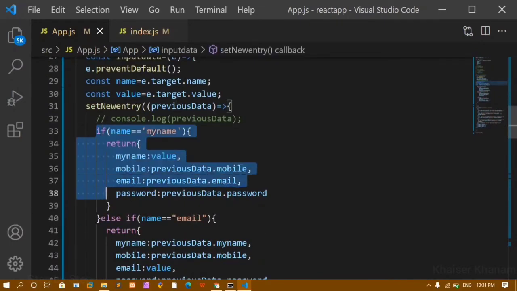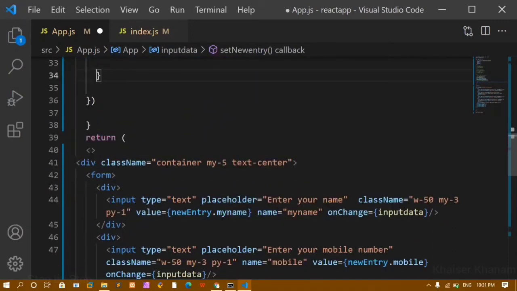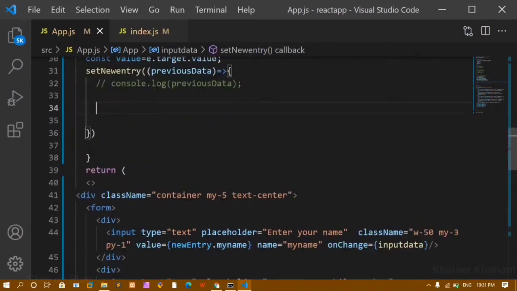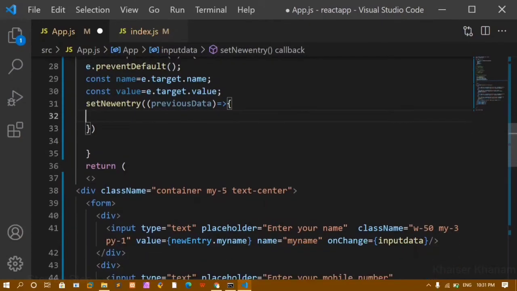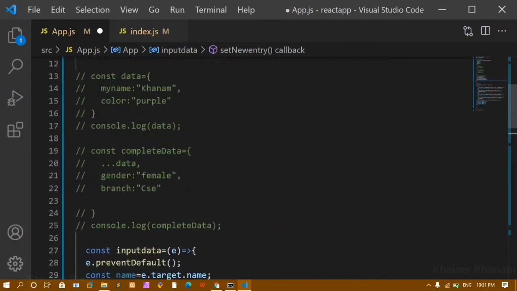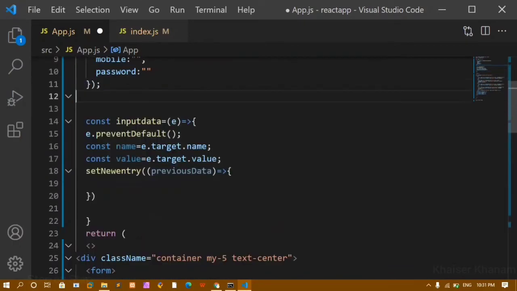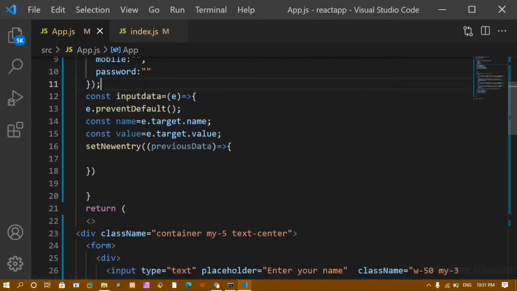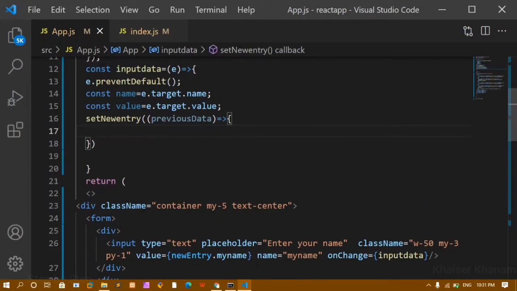Now from here I'm just going to remove these entire conditions, and also I'll remove this. Now here, instead of checking for each condition, you can see we have reduced so many lines of code, and also I'm going to remove this example, these comments. Firstly, we have reduced so many lines of code, and inside this variable we will be having all the data. So here I'm going to return something, and inside the return I'm going to paste that one.